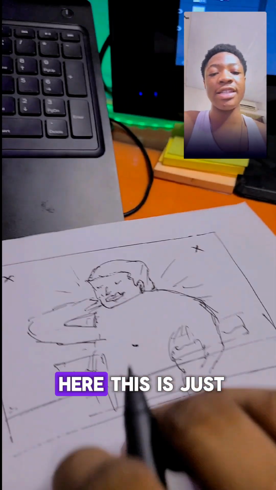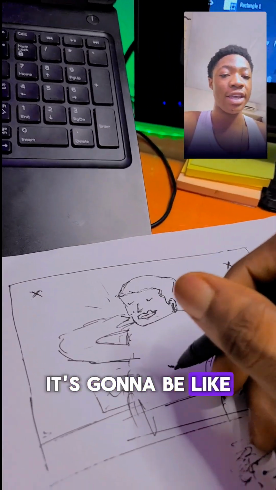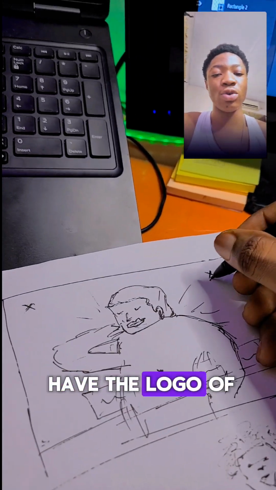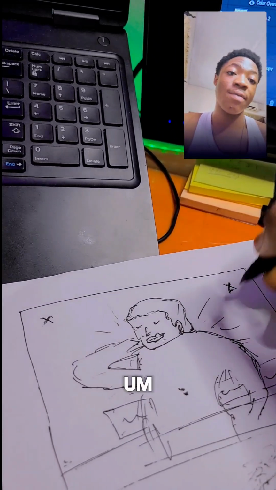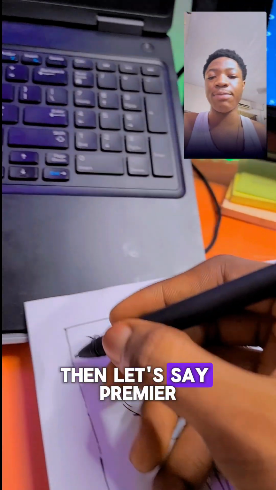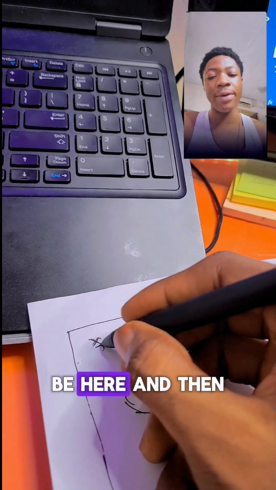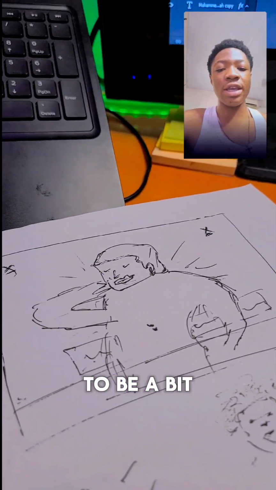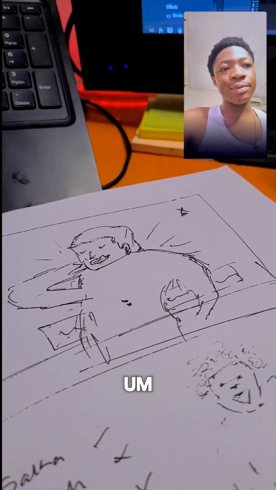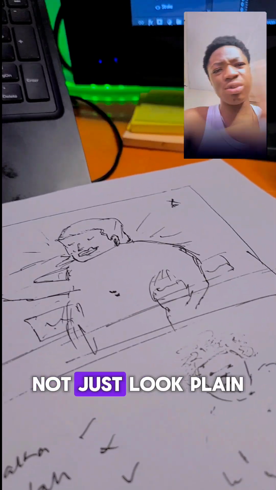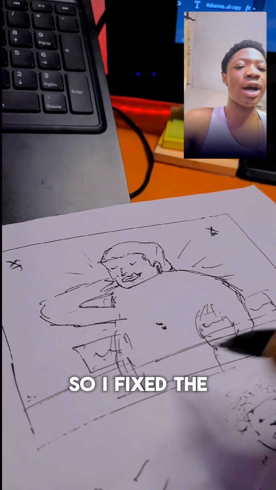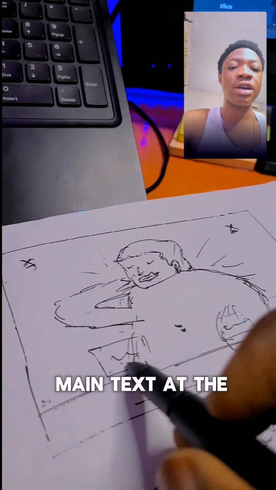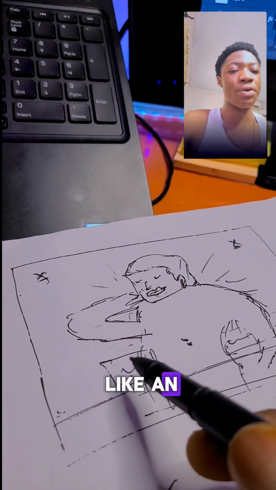So what I'm having here is just a rough sketch. It's going to be him, and then we have the logo of Premier League. No, the Liverpool logo will be here. Then let's say the Premier League logo would also be here, and then we can have his name from the back. Now I wanted to put it in front of him, but I wanted it to be a bit easy and not just look plain and ordinary. So I fixed the main text at the back